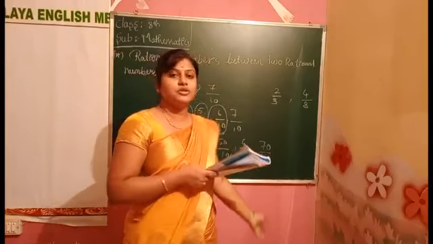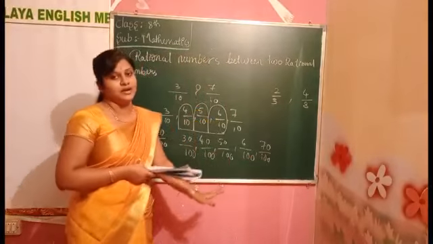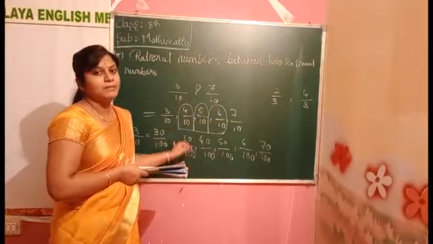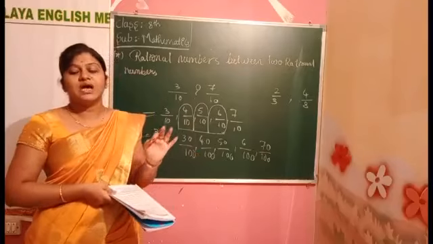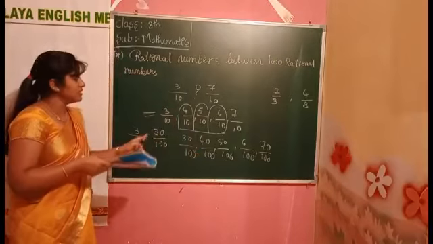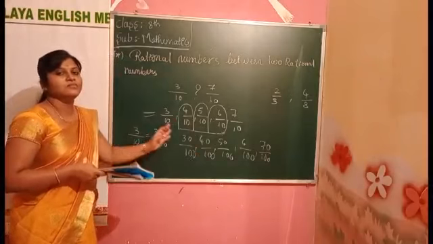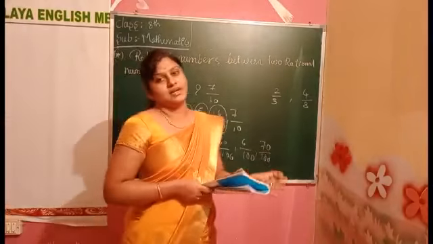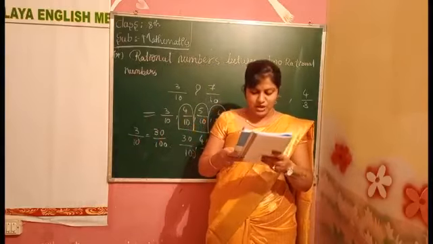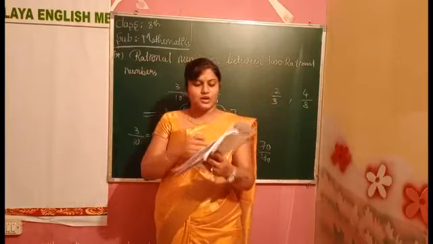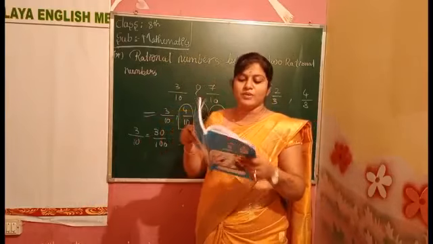It can also be written by multiplying with hundreds, then it becomes more. I am multiplying with 10, so it becomes 30 by 100. When I multiply with 100, it will become 300 divided by 1000, 3000 divided by 10,000, like that. Whatever number you multiply by, you will get that many numbers. Understood now how to write? Okay, we'll see the problems on that.